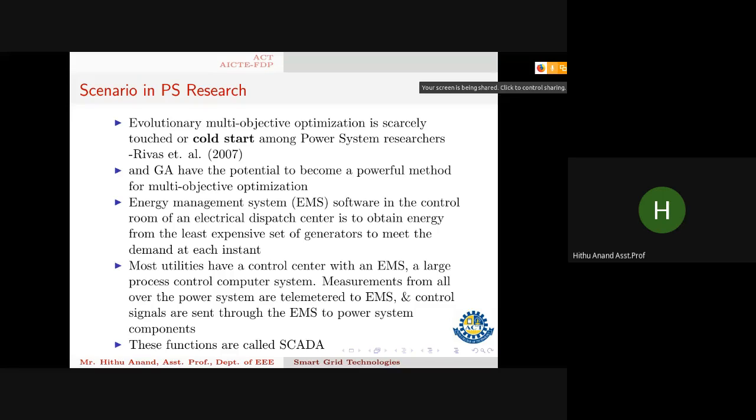So genetic algorithm is identified to have a good potential because we don't know which algorithm we have to select. I was also so confused. I don't know which algorithm I have to use because there are so many algorithms and we don't know which method to use to solve my problem. Mostly everyone will go for recent algorithms, but that is also not the correct way. But you can actually see the reference.